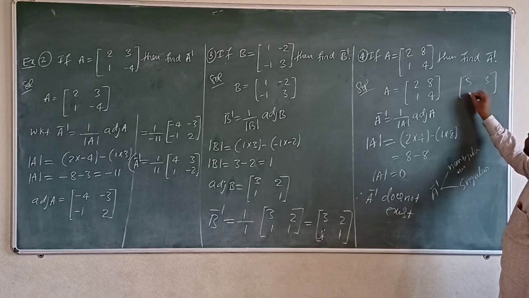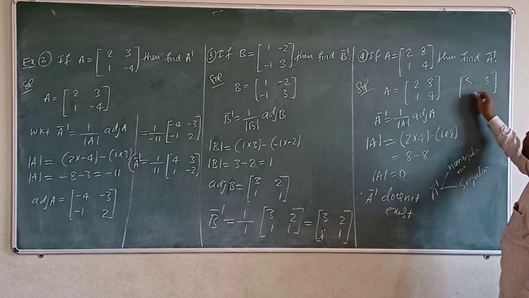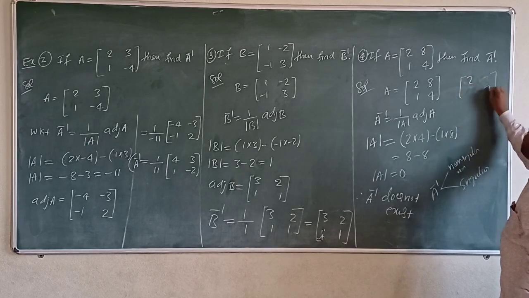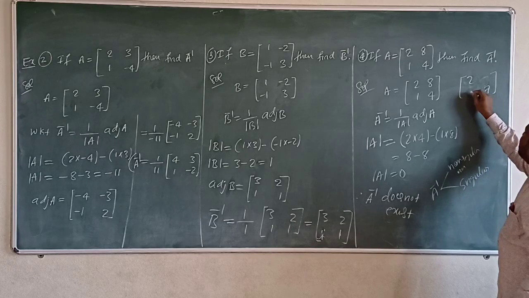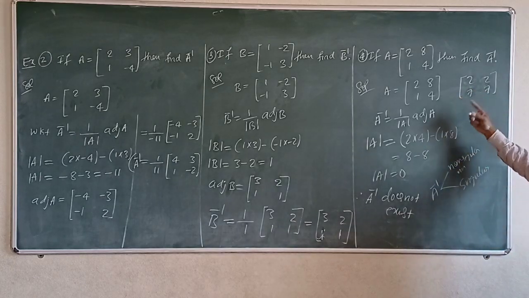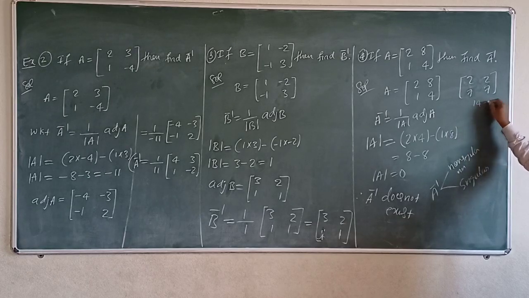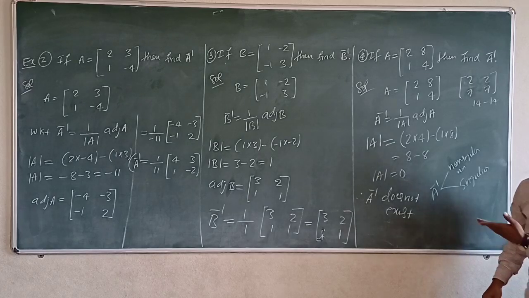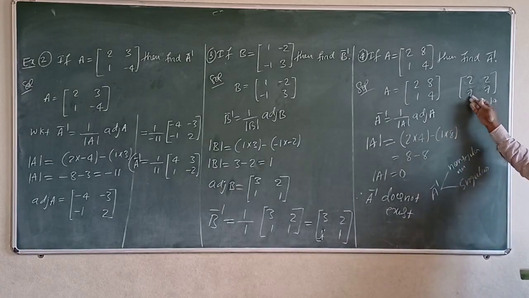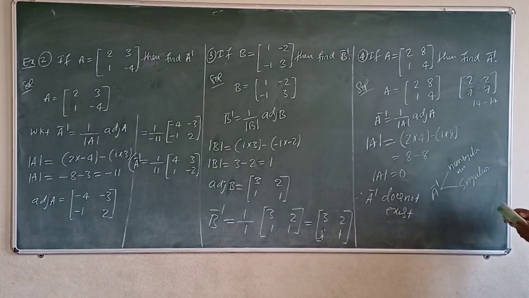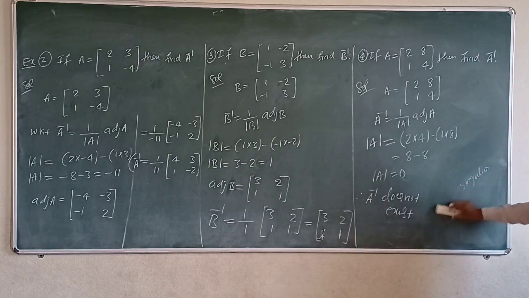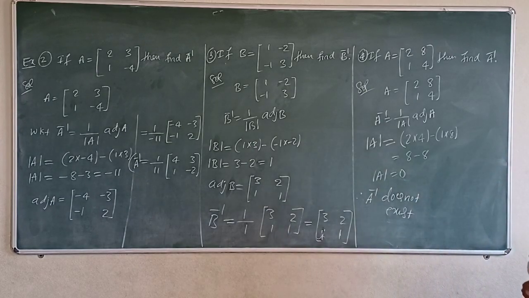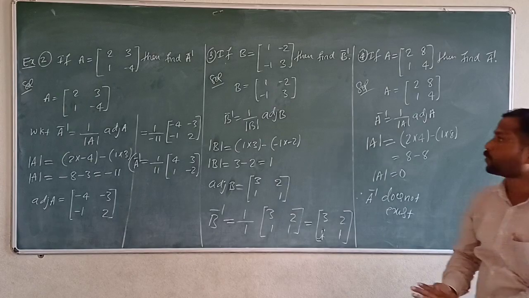For example, a matrix like 2 7 14 minus 2 7 14 has no inverse, because the determinant answer is 0, so the given matrix is a singular matrix. When the inverse of the matrix is possible: only in non-singular matrix cases are inverses possible, right? Okay, now the introduction 4.3 is completed. Thank you.